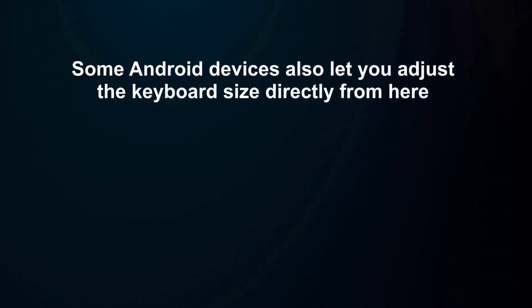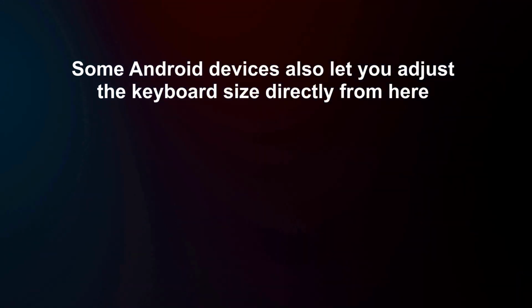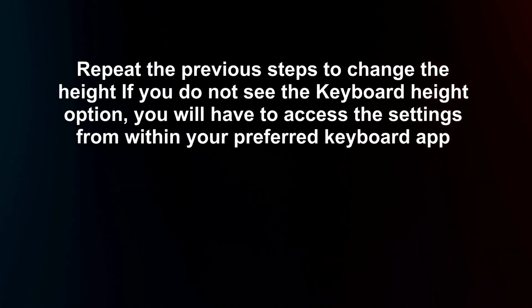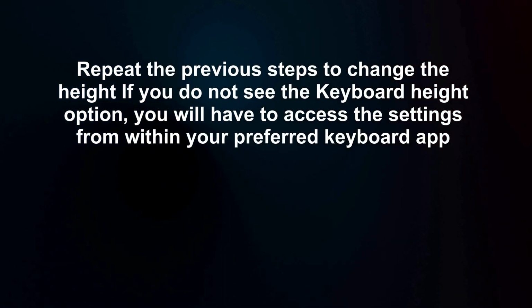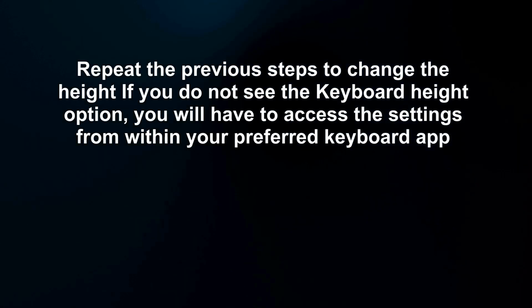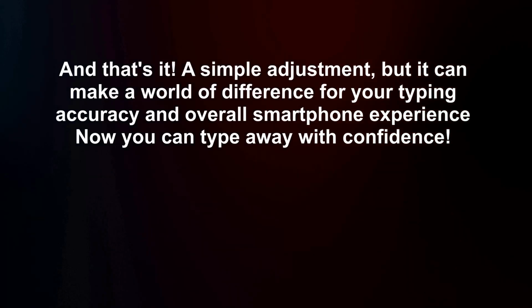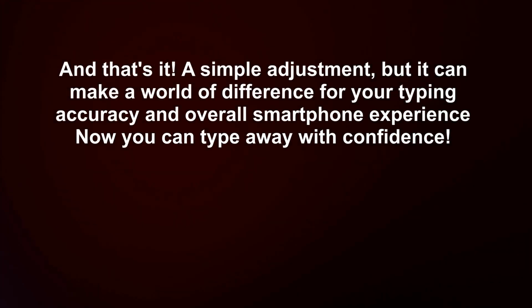Some Android devices also let you adjust the keyboard size directly from here. Tap on On-Screen Keyboard. Select your default keyboard again. Repeat the previous steps to change the height. If you do not see the keyboard height option, you will have to access the settings from within your preferred keyboard app. And that's it, a simple adjustment, but it can make a world of difference for your typing accuracy